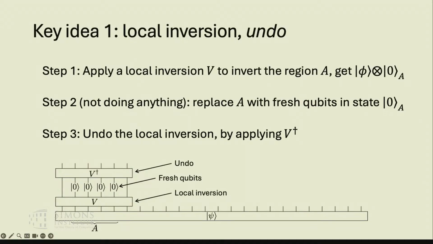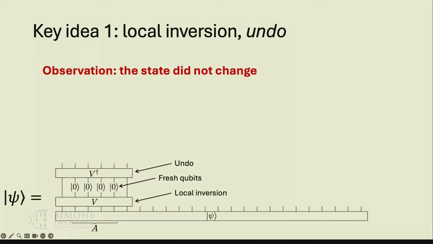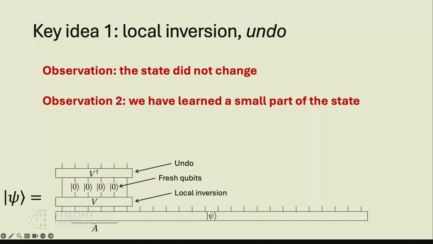Okay, so why is this any useful? Here's the first observation, which is that we have done a bunch of things, but at the end, the state psi didn't change at all. Well, this is a completely trivial observation because what we did is just V and V-dagger. So here's the second observation, which is that